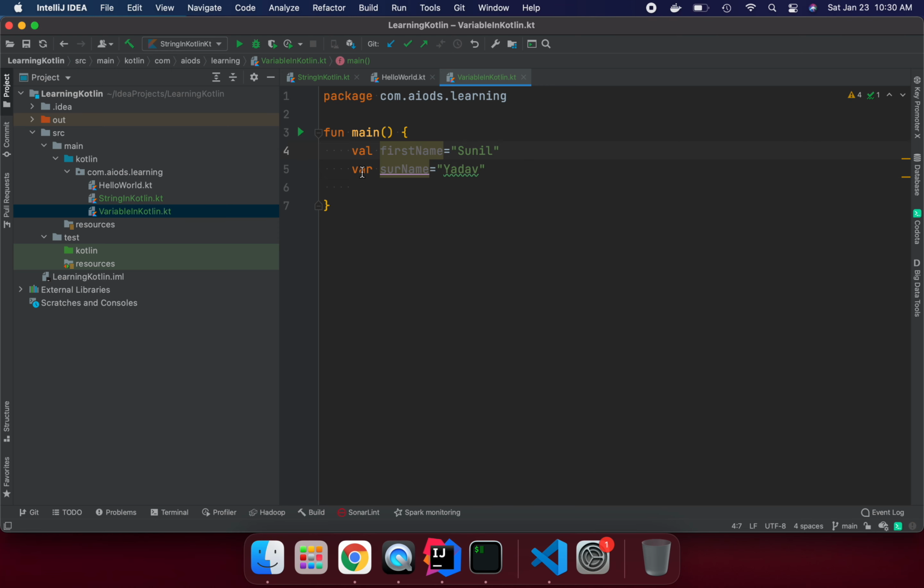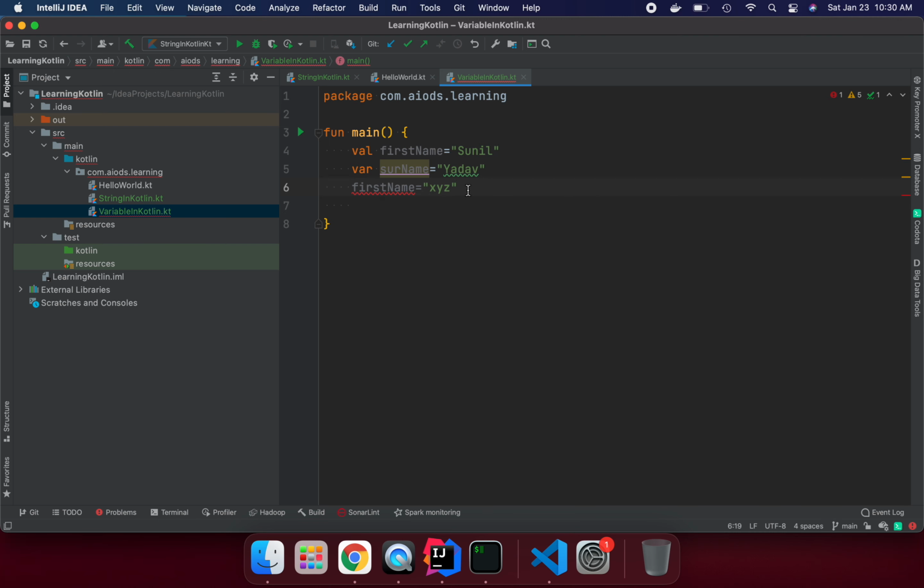So if you see why I'm saying val and var, I'm talking about variable type, not data type. We can declare two types of variable. Once you declare a val variable, you can't change it; it's immutable, we can say read only. That state is not going to change. Suppose I want to change my first name here to something xyz. Here we see the error: val cannot be reassigned. So that is immutable, read only. You can't change the state once you assign.